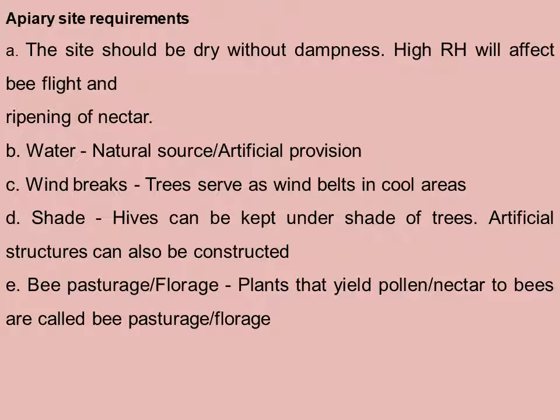Apiary site requirements: the site should be dry without dampness, because high relative humidity will affect bee flight and ripening of nectar. Water, either a natural source or provided artificially, should be available in sufficient amount. Wind breaks: trees serve as wind belts in cool areas. Shade: hives can be kept under the shade of trees. Artificial structures can also be constructed because shade is essential for apiary